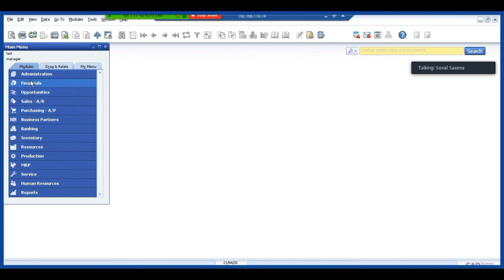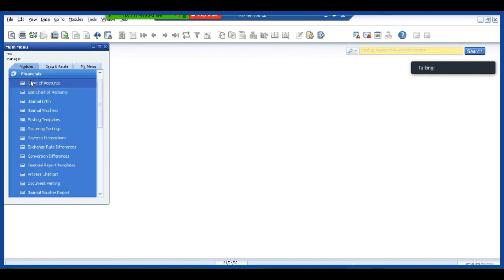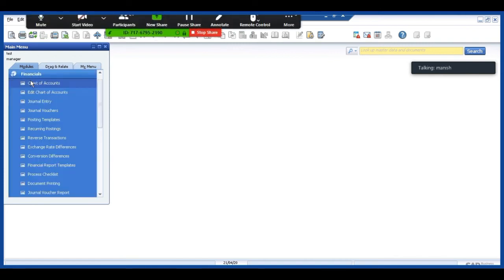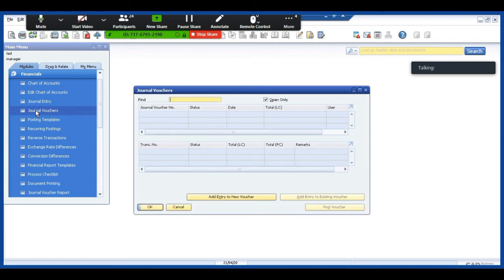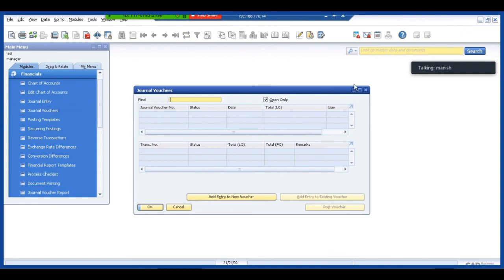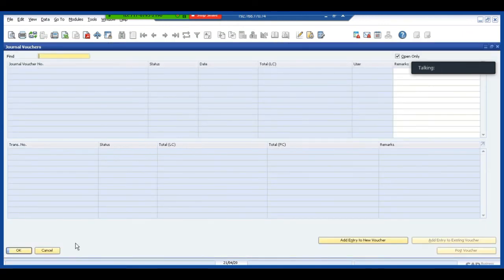Most of us are using the journal entry, but we can have one more step before a journal entry, that is called a journal voucher. I'll open up the journal voucher. The screen would reflect almost the same as the journal entry, but there is a basic difference.